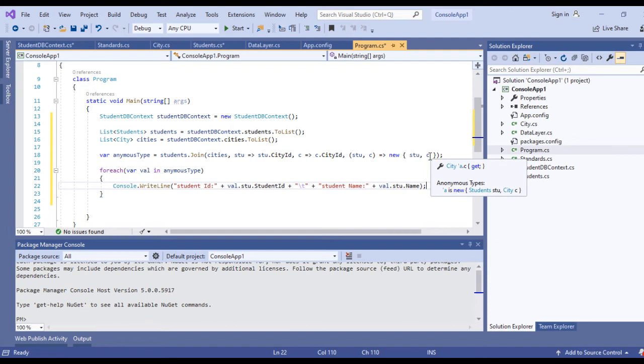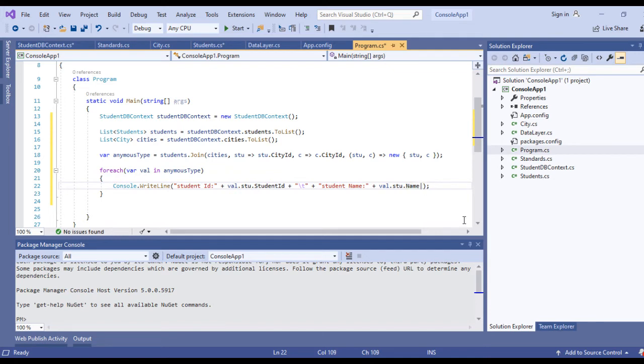Here you will see that c represents city and it's an object of city type. Make sure that you remember this. For inner join, here c represents the city object. Okay? Now the next thing is the same.